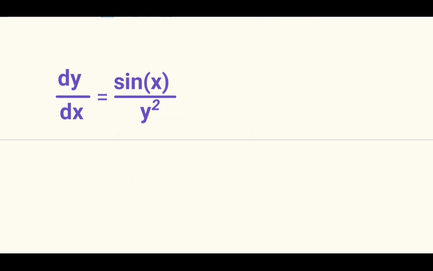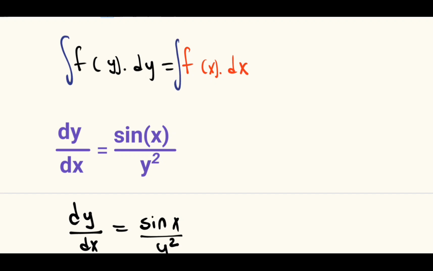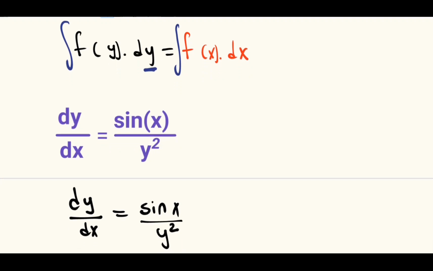The second part of our question, we have dy over dx is equals to sin x over y squared. Once again, we arrange all the functions of y with the dy on the left hand side, and on the right hand side we arrange all the functions of x with the dx. And after this, we introduce the integral both sides of the equation. On the left hand side, we integrate with respect to y,